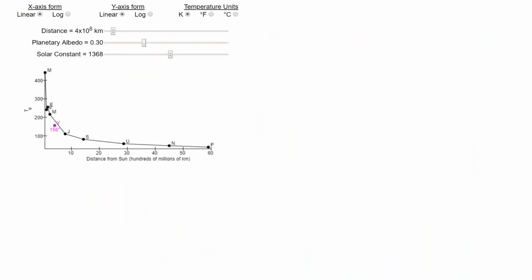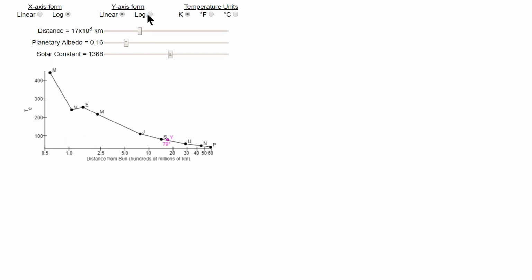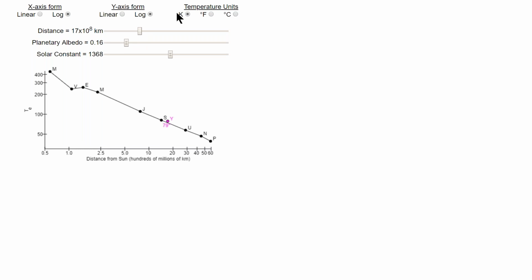This was one of the original ones that Steve Ackerman and I did, where we wanted to give some basic ideas about a particular concept, namely albedo. And so we made this little planet here that you can move around and then change the albedo of the planet. We overloaded this by allowing the students to change the scaling and the units of temperature.